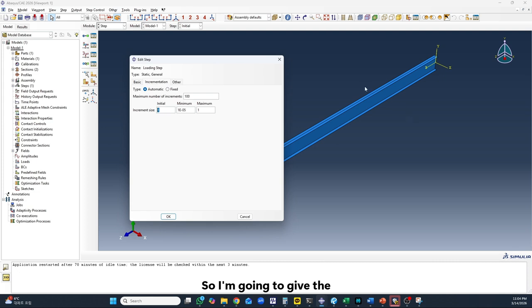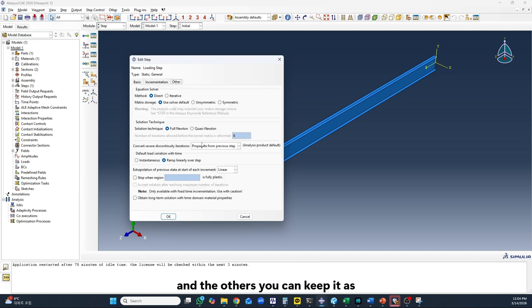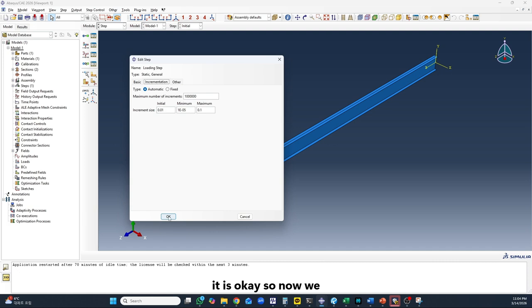So I'm going to give the initial increment size as 0.01, and then the maximum step maybe 0.1 is good, and then the maximum number of increments we are going to increase a little bit, because sometimes Abaqus uses a different number of steps to analyze some parts, so that's why we are going to give them a large number of increments. And the others you can keep as they are. Okay, so now we press OK,